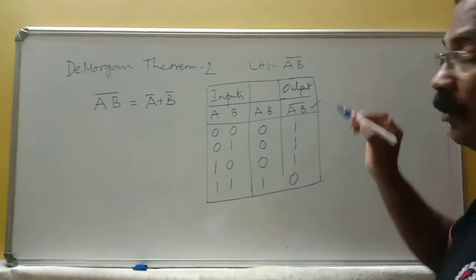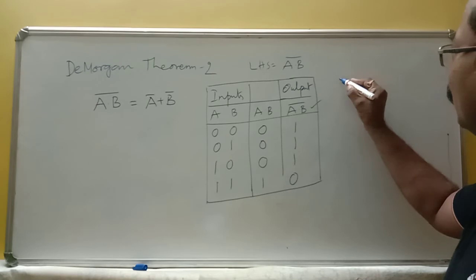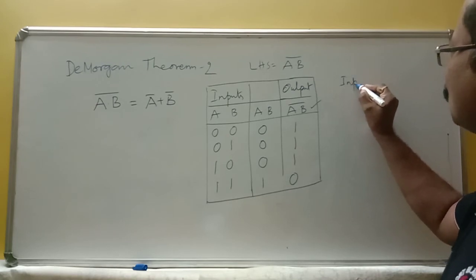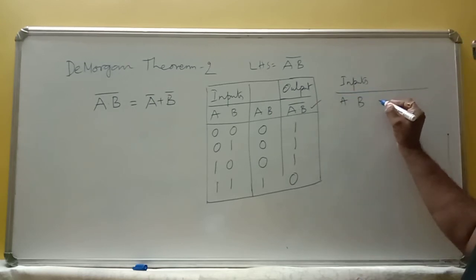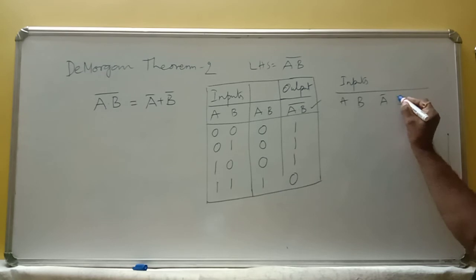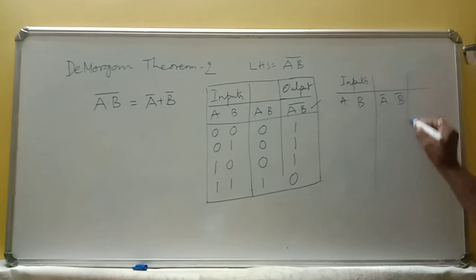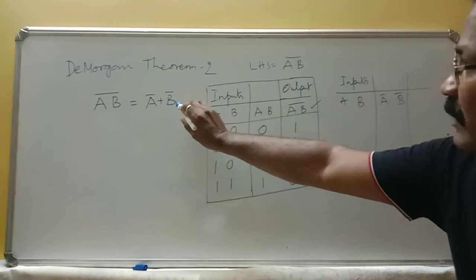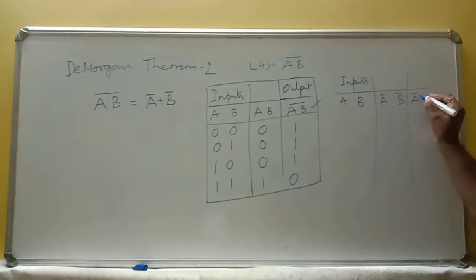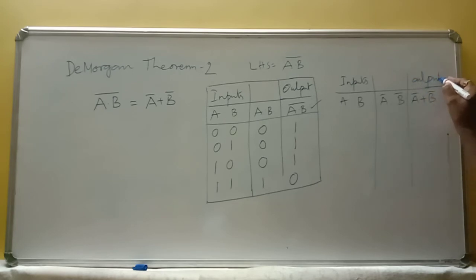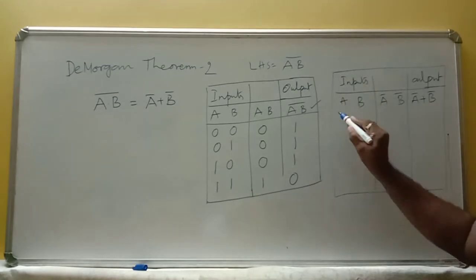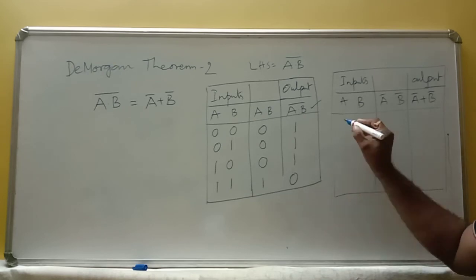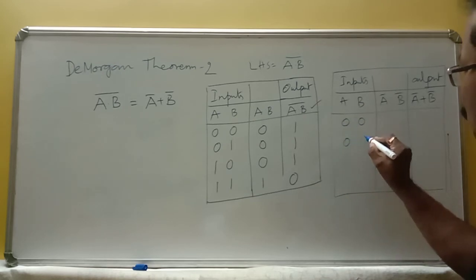Now, what is RHS here? Inputs A and B, then A bar, B bar. What is the output here? A bar plus B bar is the output. Now, by giving the values to the variables,